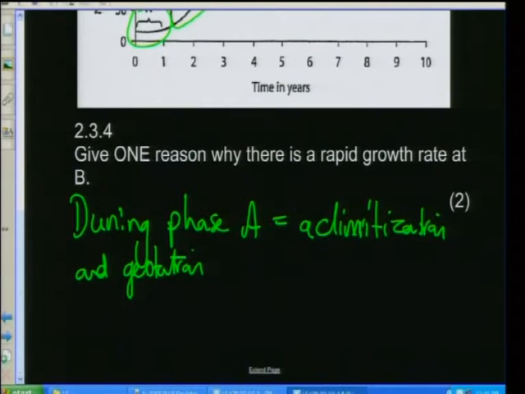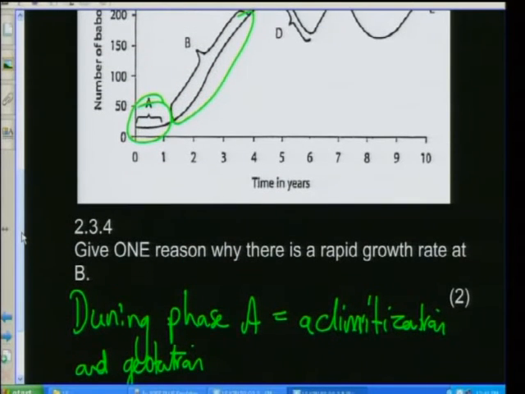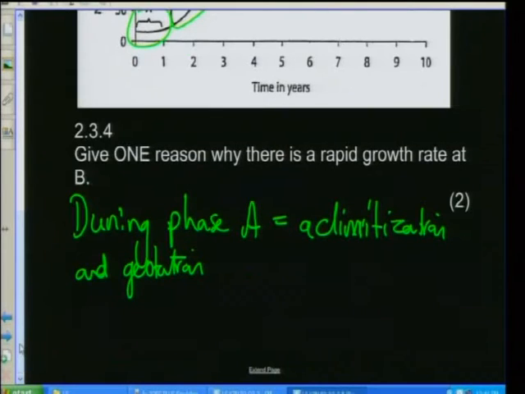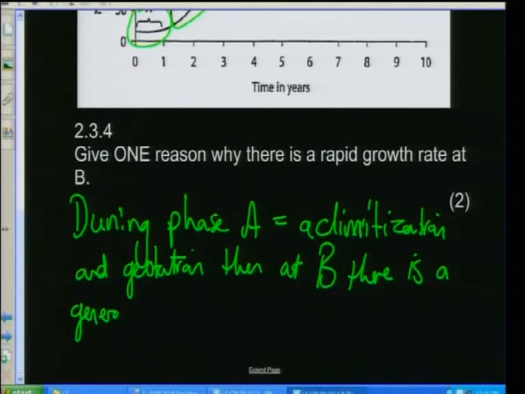Okay, in other words, the females were pregnant and they were acclimatizing. They're making their nests, they're doing whatever, depending on what animal we're looking at. Okay, and then at B, there is a general